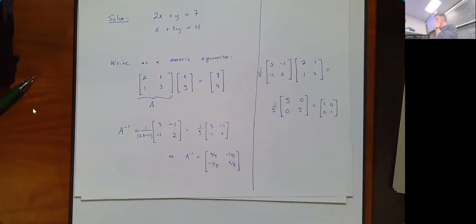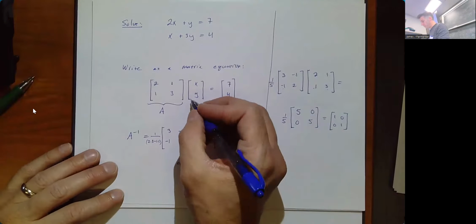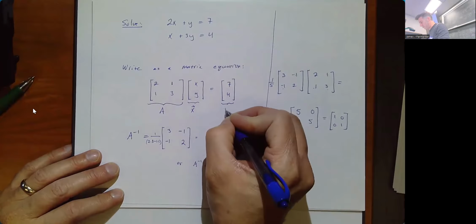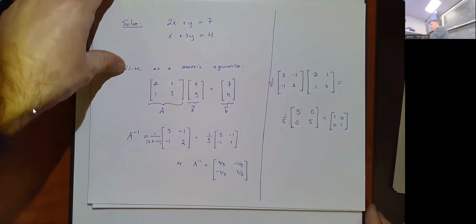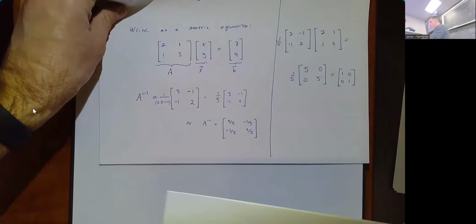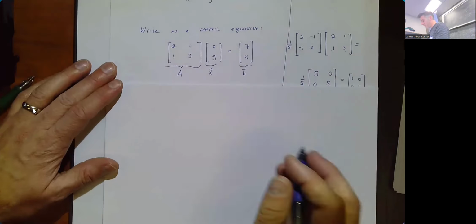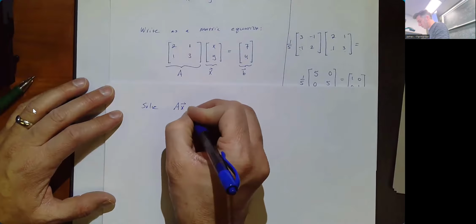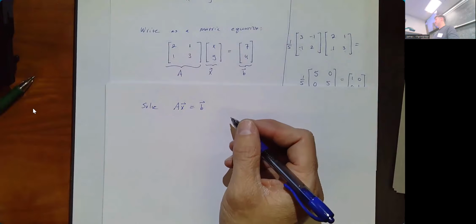Okay, so here's the point. We were trying to solve, let's call this the vector X. Let's call this the vector B. Fairly standard notation to call things that. I'm going to cover this up for a minute. Don't worry, it'll come back. We were trying to solve A times X equal to B. And instead of dividing both sides by the matrix A, since we can't,